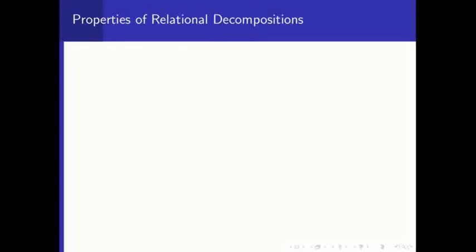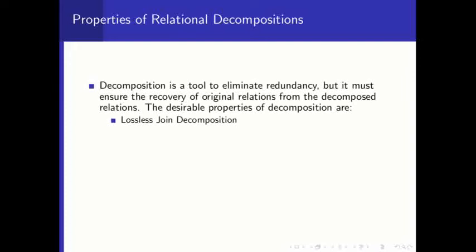Let R be a relational schema with a given set of attributes. You can decompose that into R1, R2, ..., Rn, n decomposed relations. The algorithm for that decomposition we'll see at the end of this class. Before that, given a database schema and a decomposed set of relation schemas, we want to check whether the decomposed relations satisfy a set of desirable properties or not. The properties of relational decomposition, that is what we are going to see.